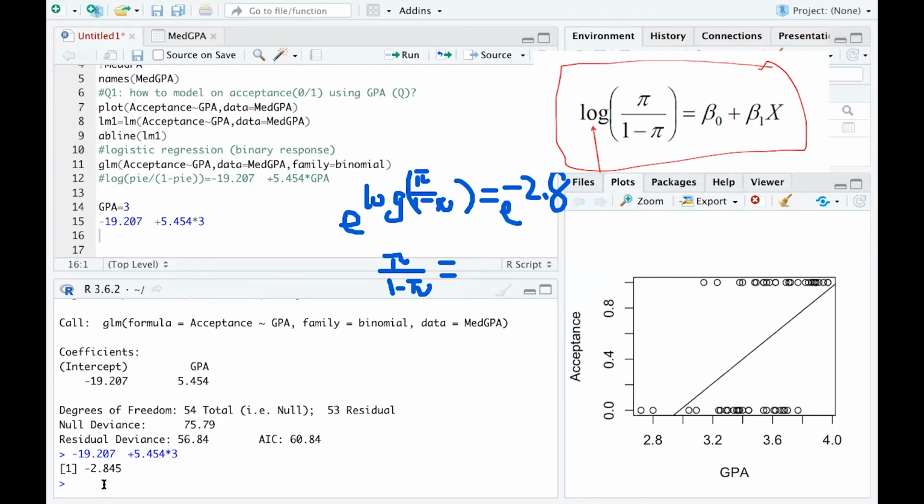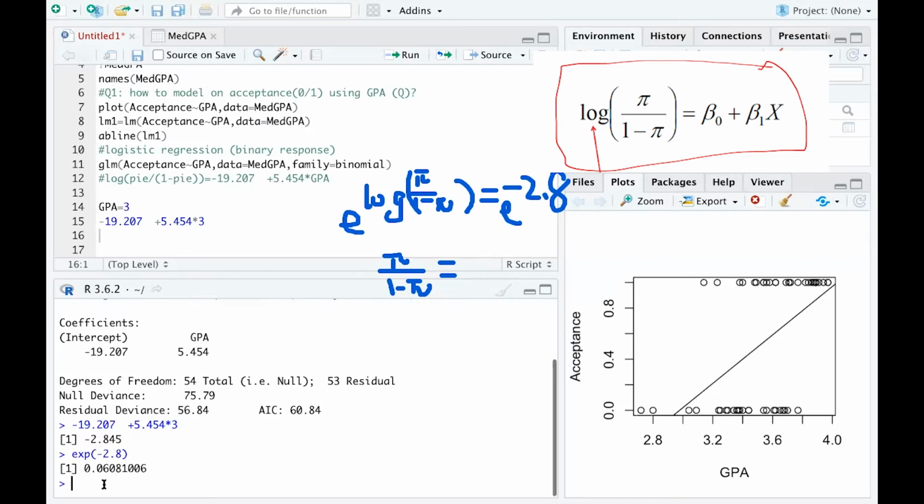So let me calculate that number here. And this value is now 0.06. And if you know pi over 1 minus pi equals 0.06,